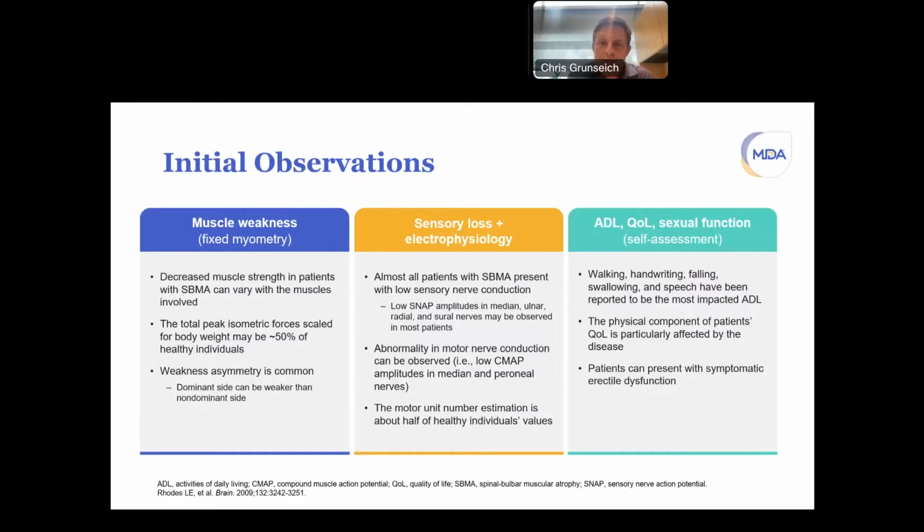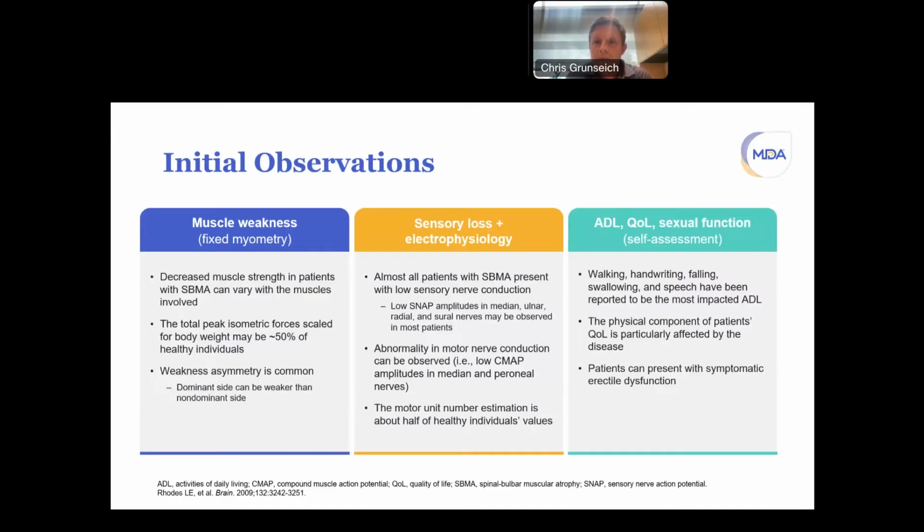Almost all patients will present with some sensory nerve conduction deficits. So the sural nerve amplitudes can be reduced. Other sensory nerves can also have diminished amplitudes, such as the ulnar, radial, and median nerves. There may also be deficits in the motor nerve conductions, and this can be detected in the median nerves and the peroneal nerves. And the motor unit number estimation by electromyography can detect a reduction of about half compared to healthy